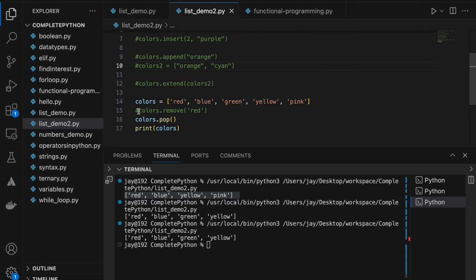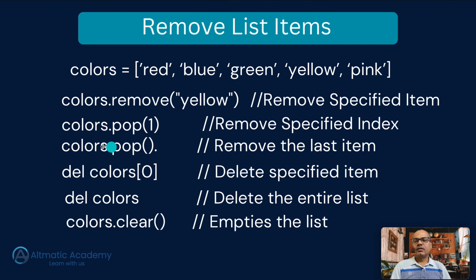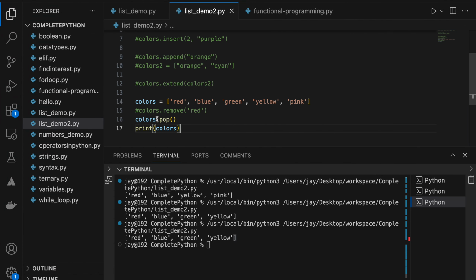So basically it's removed one of the items, that's why it's not showing here. See here, pink is removed, pink is not here. So if you write pop without passing any index, it will remove the last element, right? Same thing here, remove the last item. Colors 0, delete. There is another method